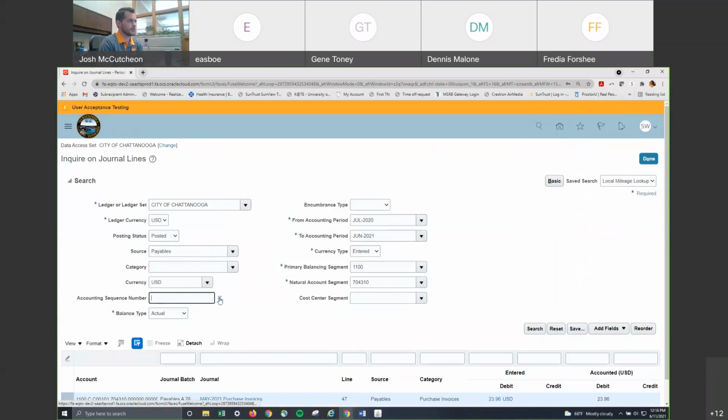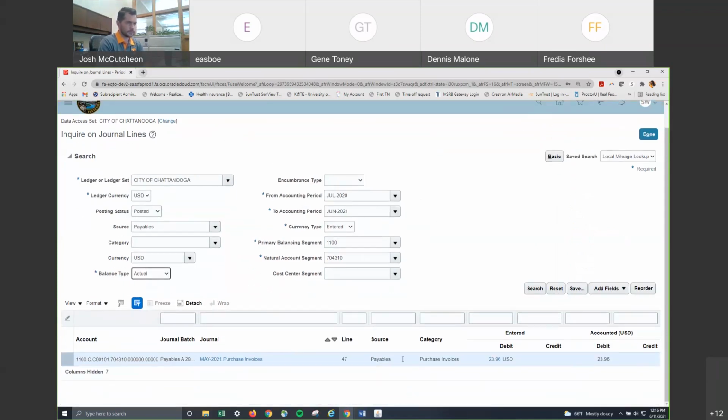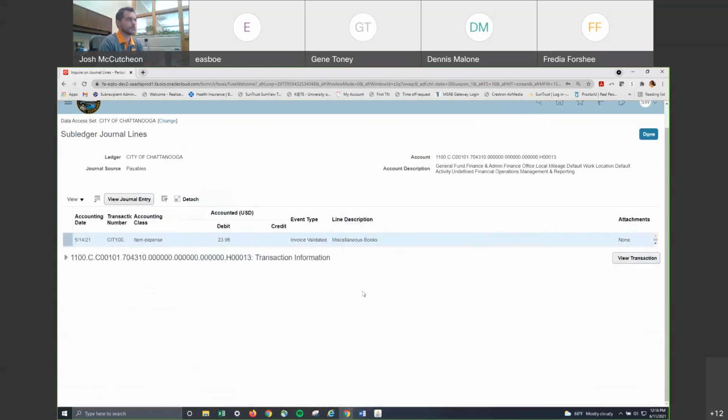But I'm going to exit out of this. I want to show you what happens when you click on the actual balance right here, the debit, the $23. So we're going to click on this. And now we got to the subledger page. So this says it came from payables. You can view the journal entry here. You can view the transaction. If you click on view journal entry,